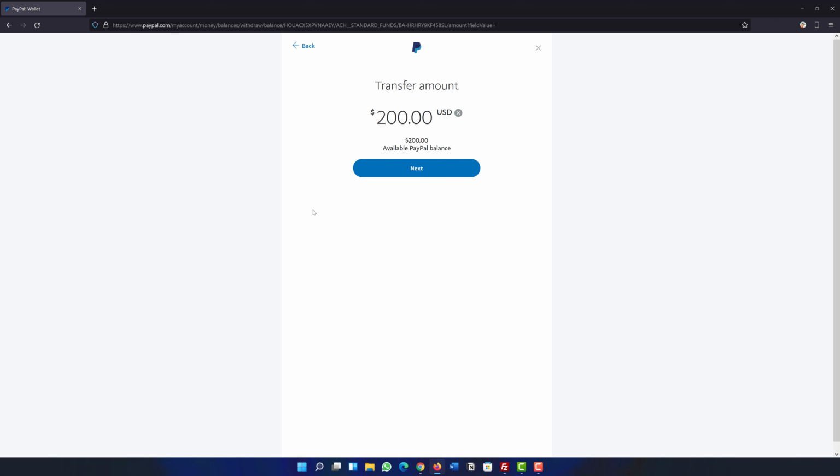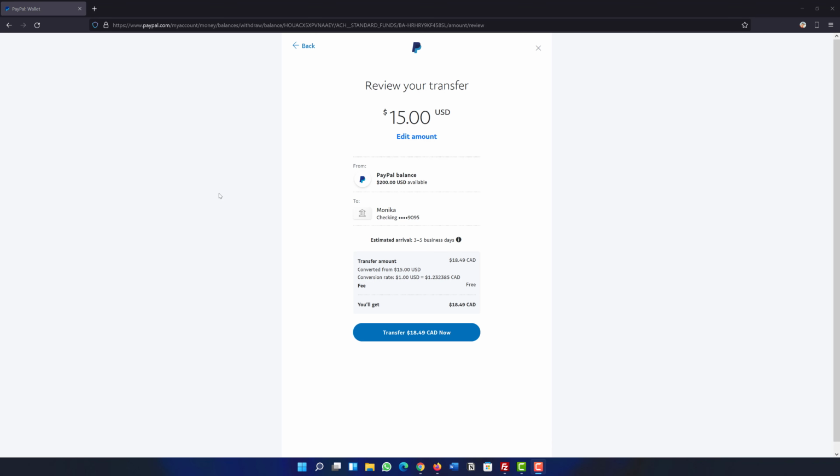Now here we need to enter the transfer amount. Let's say this time I want to transfer 15 USD. That's why I just simply put it right here, and now I just click on next. Now we are on the final page, review your transfer. Here you can see our sending amount, PayPal balance, available balance, where this is coming from and where this is going to. Estimated arrival time 3 to 5 business days,